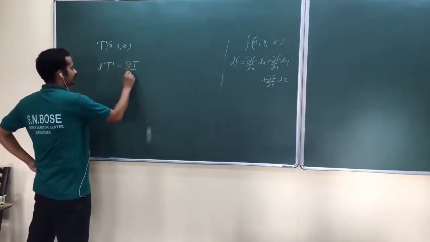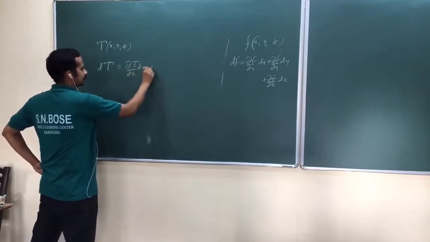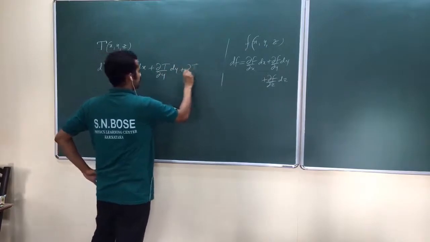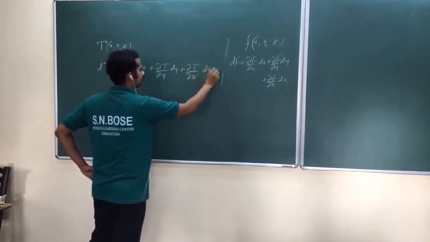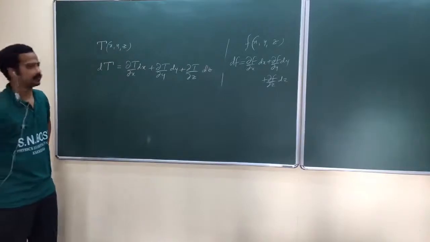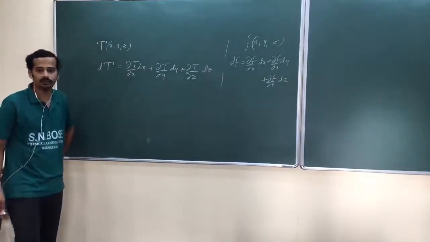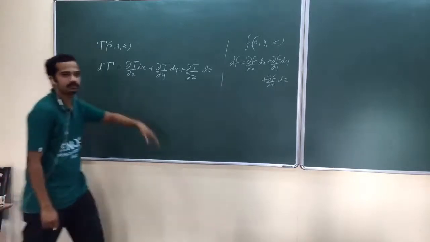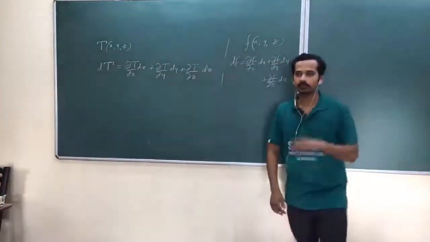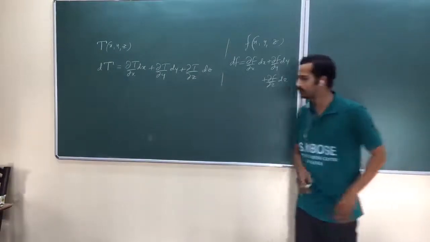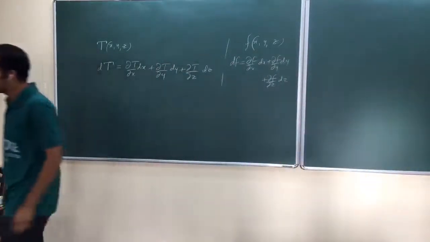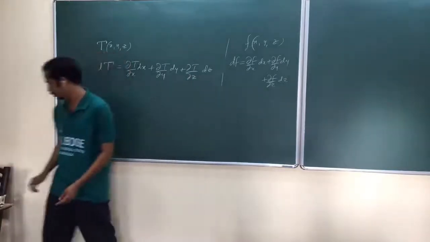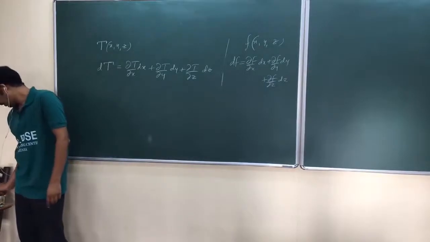So dT equals ∂T/∂x into dx plus ∂T/∂y into dy plus ∂T/∂z into dz. These are very fundamental theorems in calculus, if T is a scalar function of x, y, z. So now I can write like this. T can be anything. I have taken temperature because I can interpret a lot of things using it. Later we will switch over to potential. Our main aim is switching over to potential. So now look here.